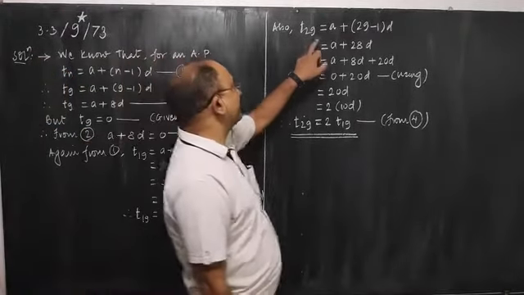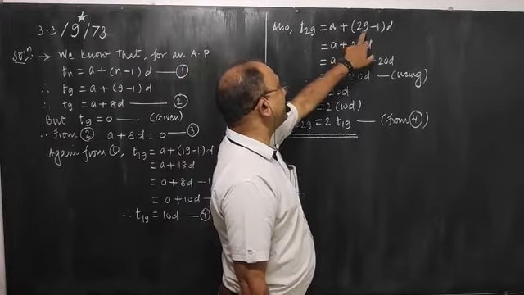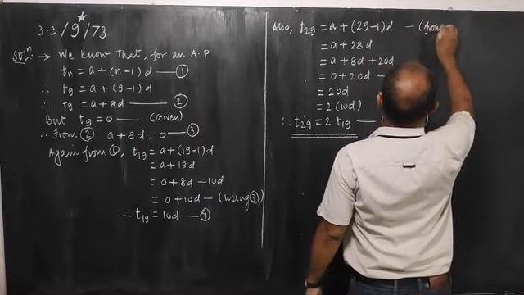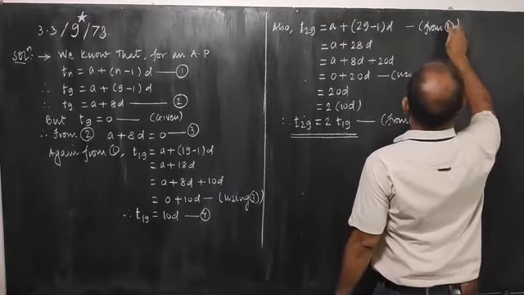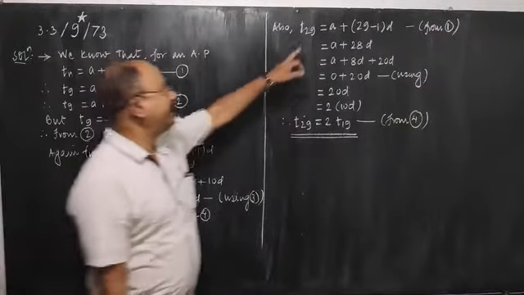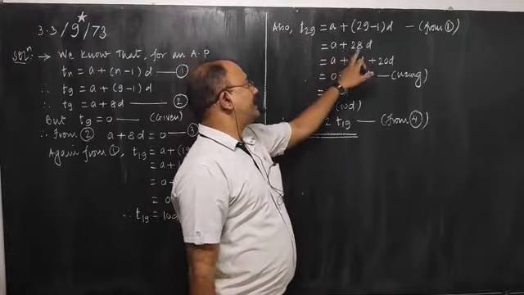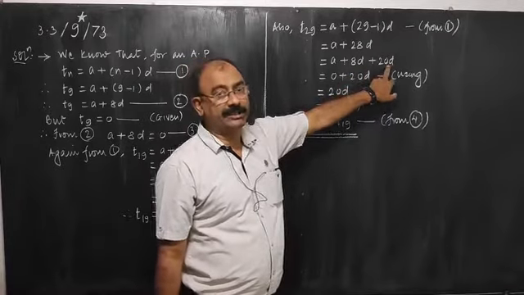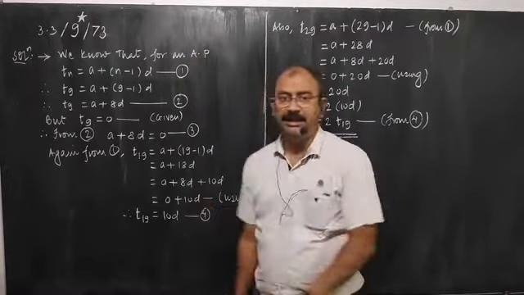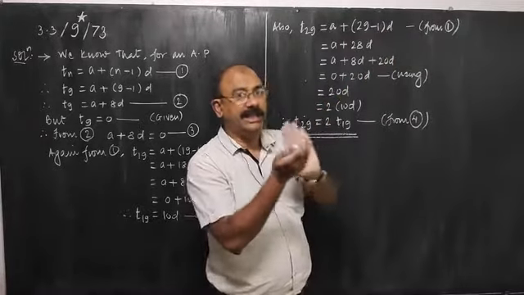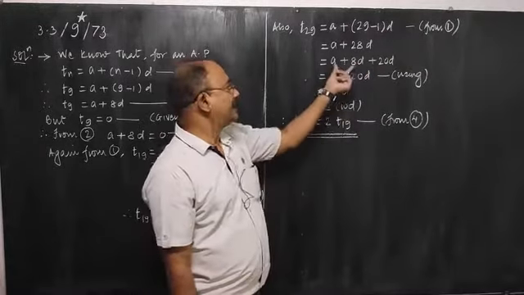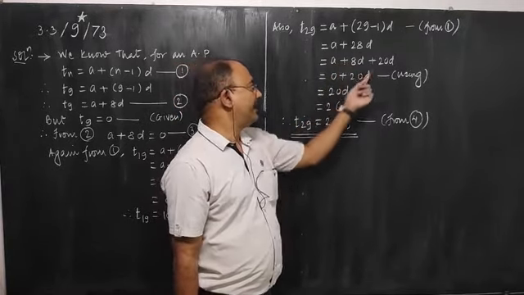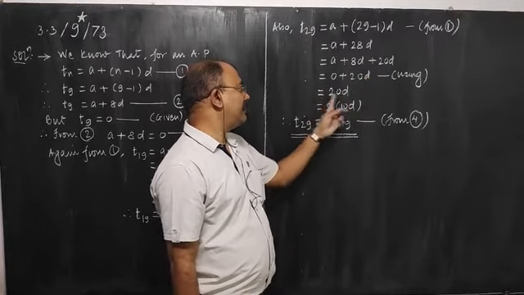Now let us calculate the 29th term. The 29th term is equal to a plus (29 minus 1) into d. Again using the same formula from equation 1, we get the same 29th term. So this comes out to be a plus 28d, and 28d can be split as 8d plus 20d. जैसे मैंने यहाँ पर भी 8d अलग निकाल लिया था, I am doing the same thing here also. क्यों? Because I know the value of a plus 8d, it is 0. So in place of a plus 8d I am putting 0. 20d is written as it is. So the 29th term is 20d.